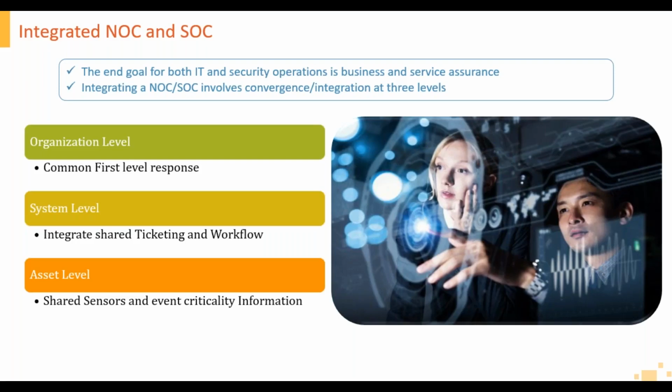So for integration, it is important to look at the similarities and differences of NOC and SOC. Similarities could include monitoring events or escalating issues, providing triage on incidents, and communications or collaboration between the teams. This is more important since both the teams monitor events coming in from various dashboards and sensors throughout the infrastructure, and utilize similar tools to maintain vigilance of the enterprise network, right? So in a sense, integration or convergence can possibly happen at 3 levels, is what we think, right?